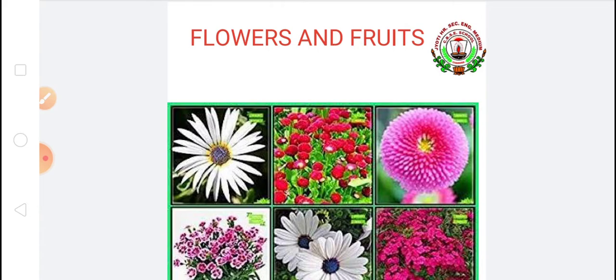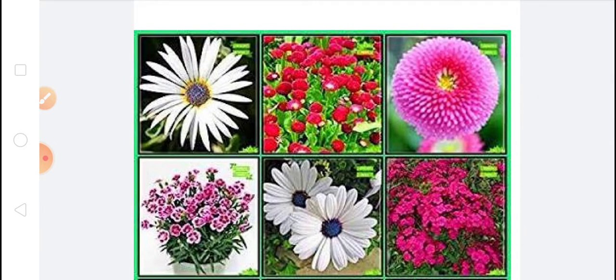You know, the flower is the most beautiful and attractive part of a plant. A plant can be identified by its flower. We call the rose plant by the name of the flower, rose, sunflower, etc. Some flowers have bright colors and a pleasant smell to attract insects like bees and butterflies. But on the other hand, some flowers have an unpleasant smell, like Rafflesia, and some other insectivorous flowers.